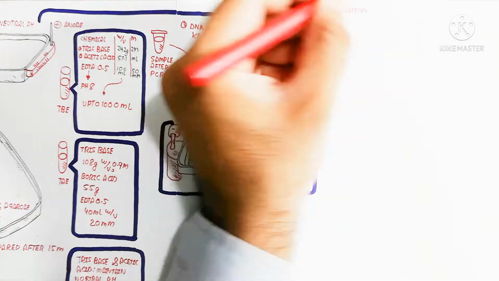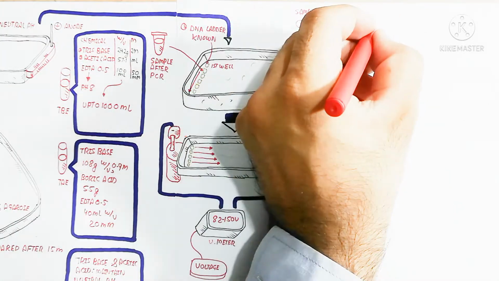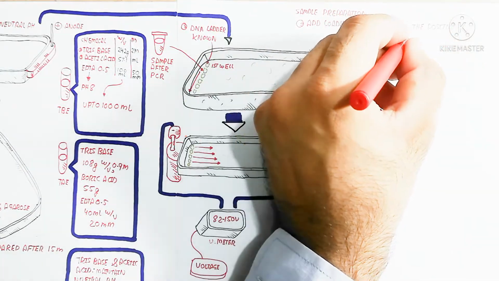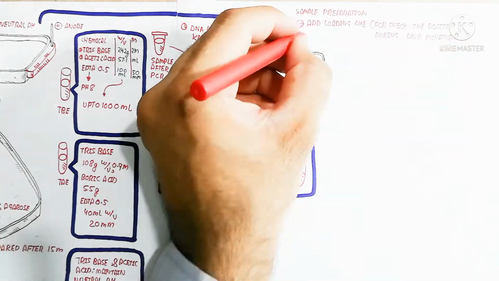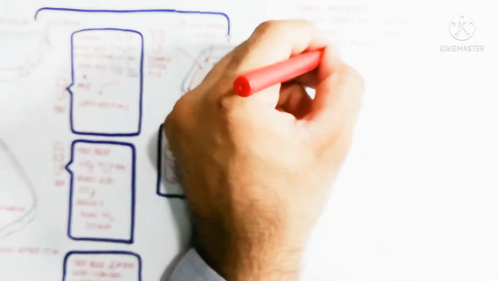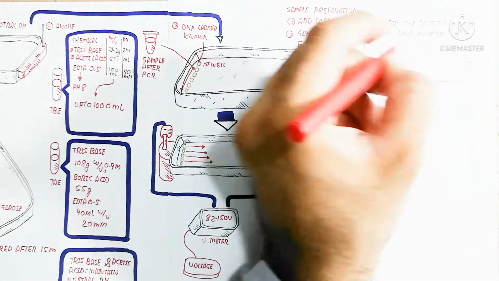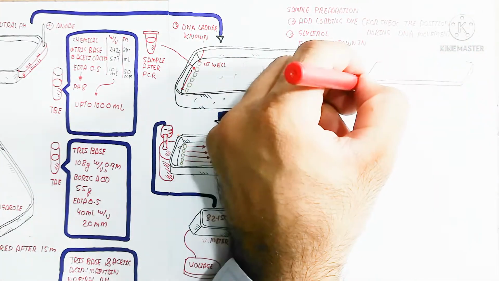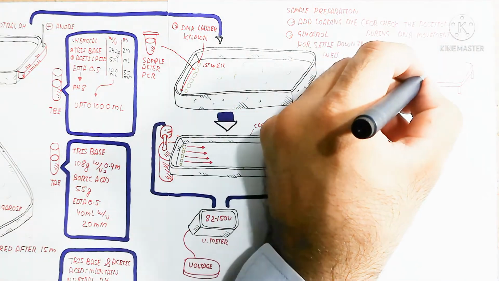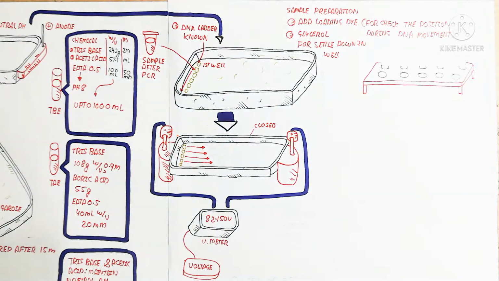So the DNA will be moved on the basis of their density. For example, the larger dense segment will not move as much toward the positive, while the less dense segment will move forward more. So the graph can be prepared. On the other hand, we will discuss the sample preparation. Add loading dye into the sample to check the position during DNA movement, while glycerol we are using to settle down in the well, because it increases the viscosity.